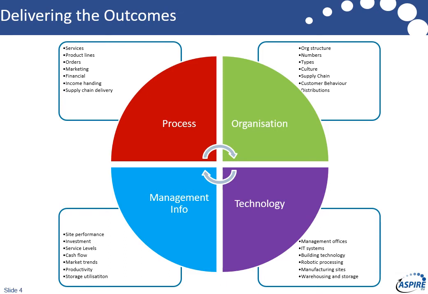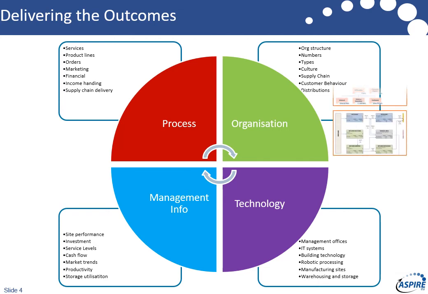So the service lines: what products are we going to sell? If we're an online retailer, what's this year's fashion going to look like? How are we going to make those decisions? How are we going to get the quantities? Everybody online wants it within 24 hours. Where's our warehousing? How are we going to make sure we've got the stuff in? And when we've got it in, how do we get it out the door so we don't have big stockpiles of unsold goods? Can we push it back into our supply chain to do just-in-time delivery? So those are the kind of things that we need to think about to make this really work.